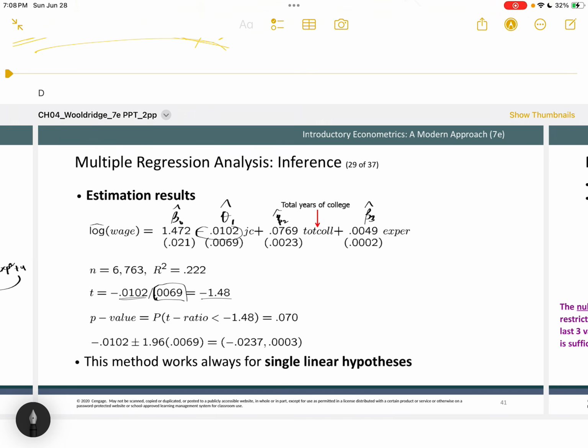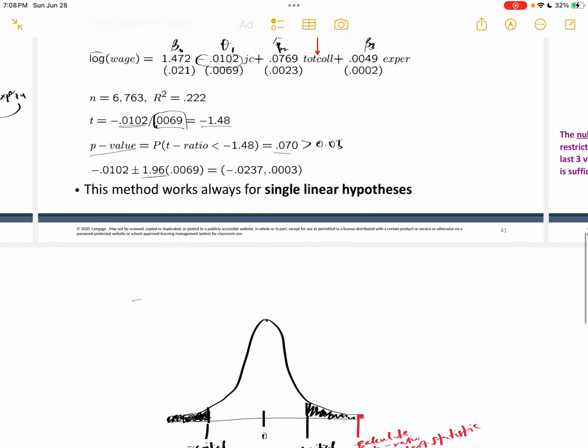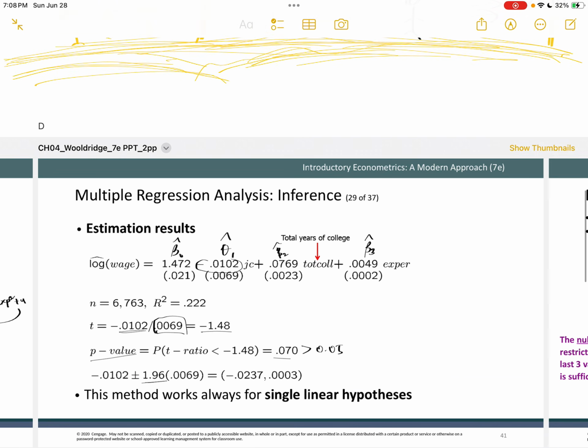So that estimate is in the numerator of your test statistic, and in the standard error, or in the denominator, you plug in that standard error we were trying to calculate before. Remember that? Yeah. And so you get negative 1.48. Now, the p-value is 0.07, which is much greater than 0.05. You see, so here we fail to reject H naught. Now, you could do a confidence interval, and this is the 95% confidence interval. I see that because I noticed the 1.96 here. So when you do the confidence interval,